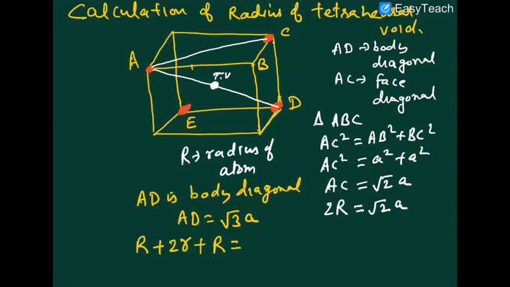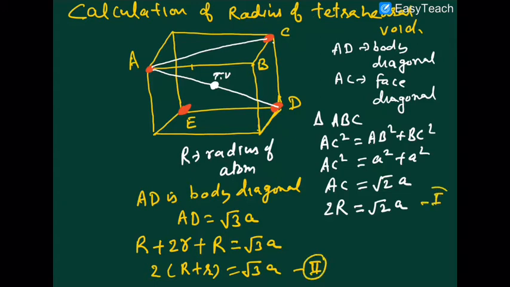Why has the diameter been taken? Because the tetrahedral void lies completely inside the cube, while atoms A, D and C lie on the corners of the cube. They are spherical in shape, and only 1/8 part of each lies inside the cube, so only the radius is inside. So it comes out to be root 3a. So 2R plus R is equal to root 3a. This represents case 2, and the earlier one represents case 1.